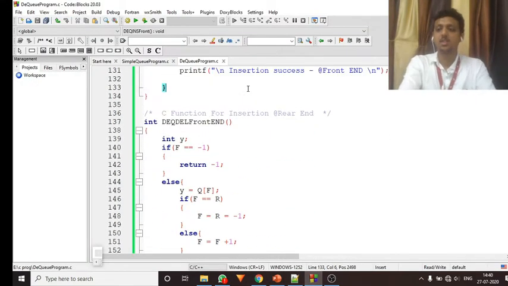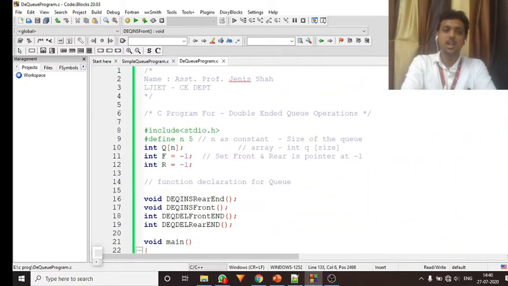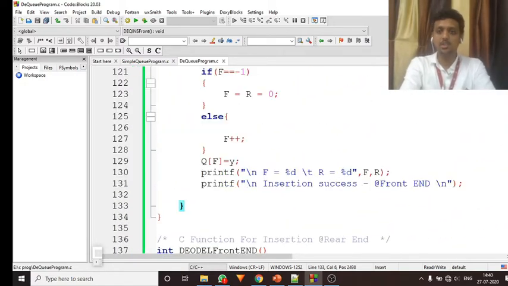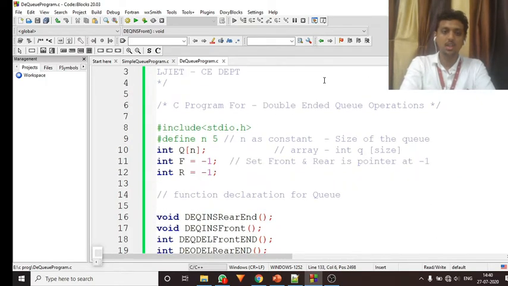See, at the very first step, now it might be visible to all of you. Okay, #include <stdio.h>, #define N 5. I'm just repeating these statements. Just listen very carefully: right now I'm not writing #include <conio.h>, because this is Code::Blocks and it does not support it. And I'm not writing getch or clrscr over here. So students, conio.h, getch and clrscr are not going to work over here, so I'm not going to write them.